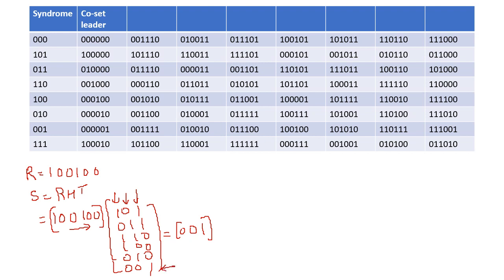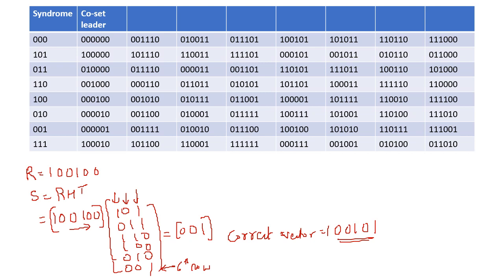It is present in the sixth row, so we correct the sixth element of the received vector. The corrected vector keeps the first, second, third, fourth and fifth bits as they are, and the sixth bit, received as 0, is corrected to 1. These are the normal steps for the mathematical calculation.